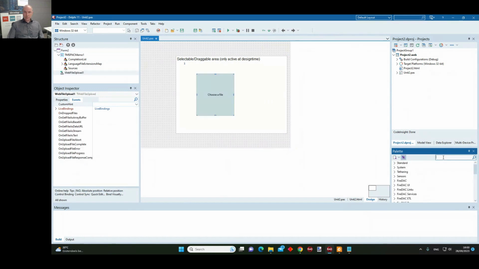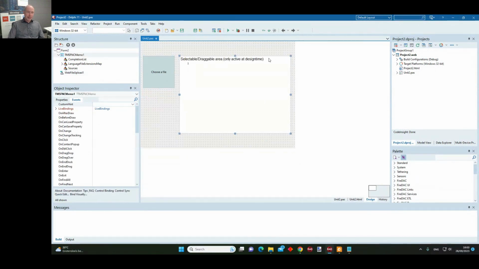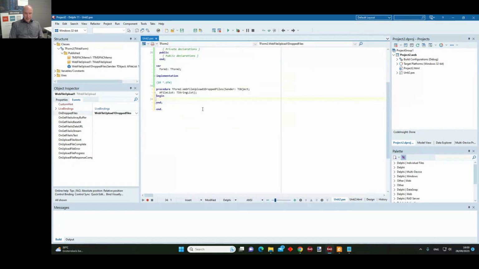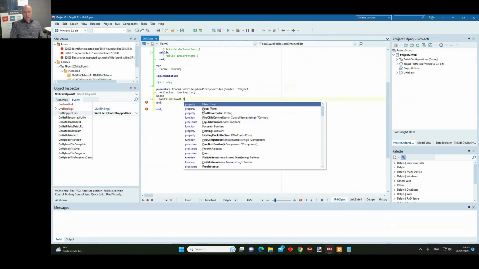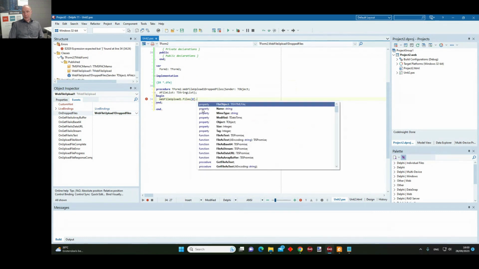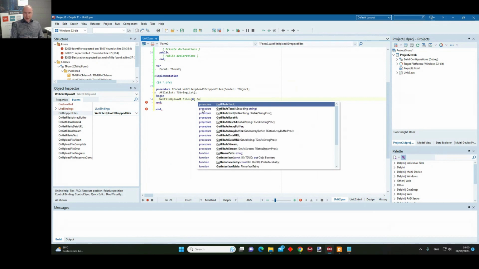And what I will do here is add a file upload, because of course I need access to a file to make it editable in my FNC Memo, and I need to get that into my browser. Uploading it is one specific way that I can use to do that. If I have dropped a file, what I can do with this web file upload component is get the files that are dropped, and let's assume that we drop one file by one, I can get that file as text.